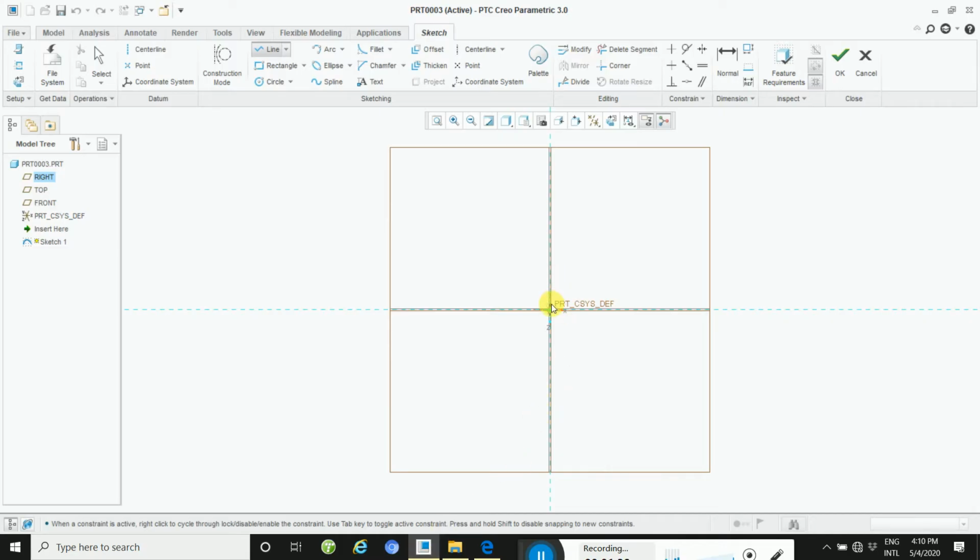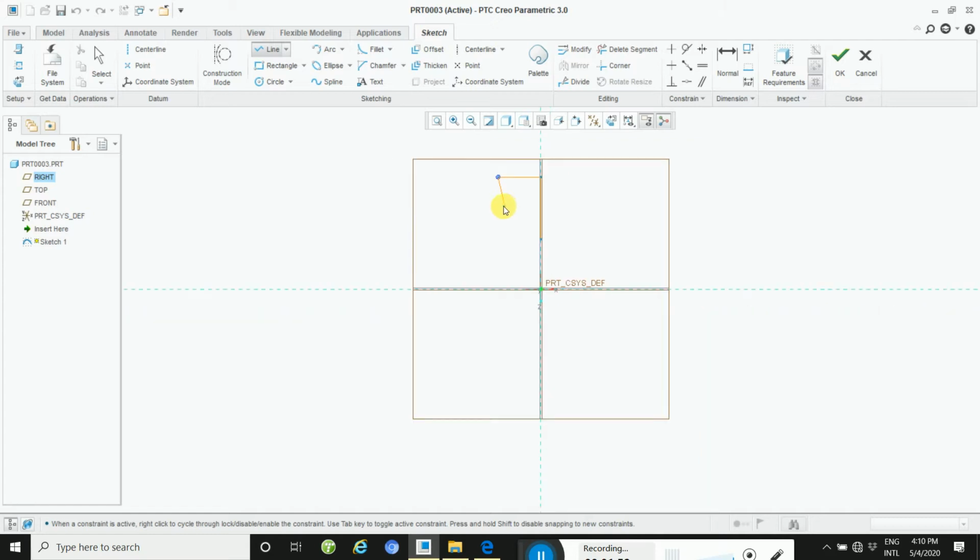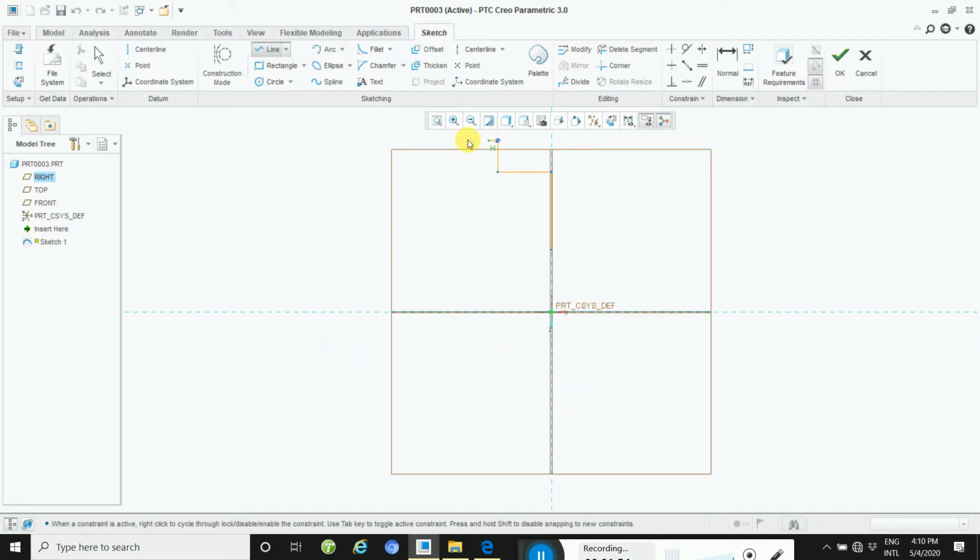Here starting to here, this way, then here, mouse middle button, this way you will draw.